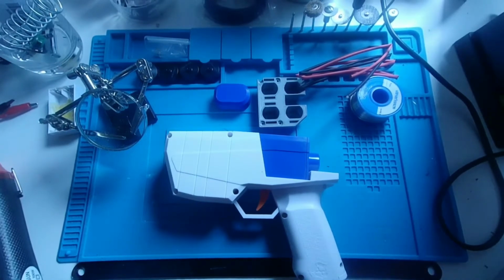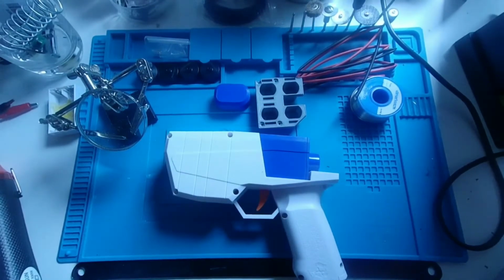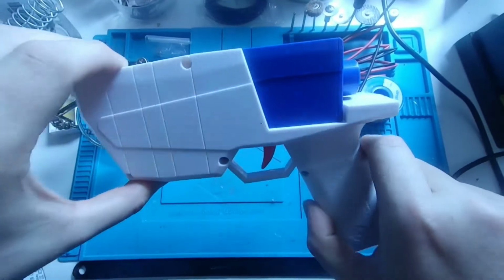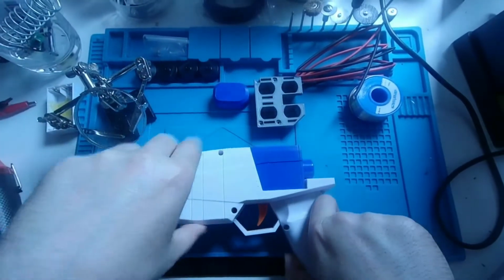Today I'm going to be showing you how to build a Category 5 Hurricane. This is the Worker Hurricane. Currently this is completely stock, nothing's been done to it. And what we're going to do is we're going to add this